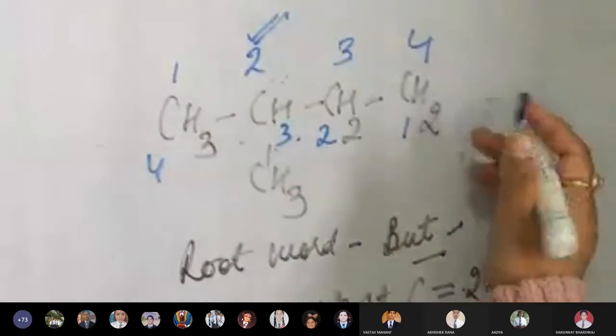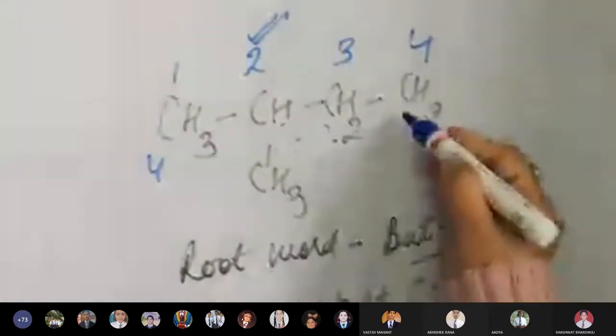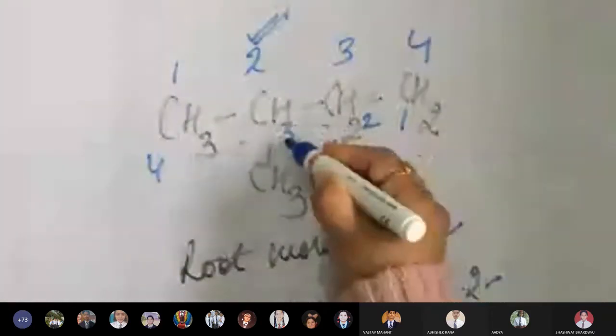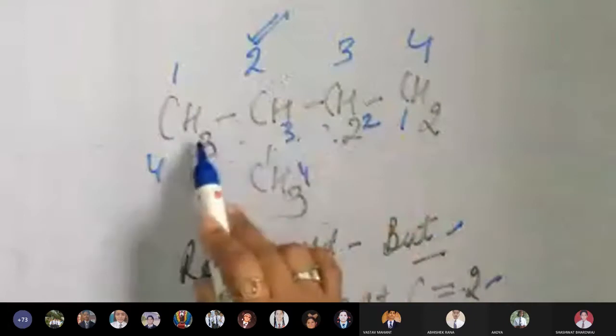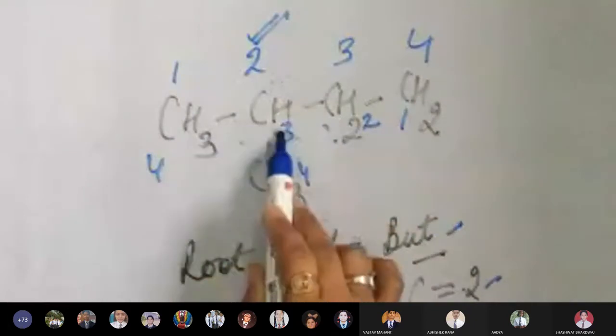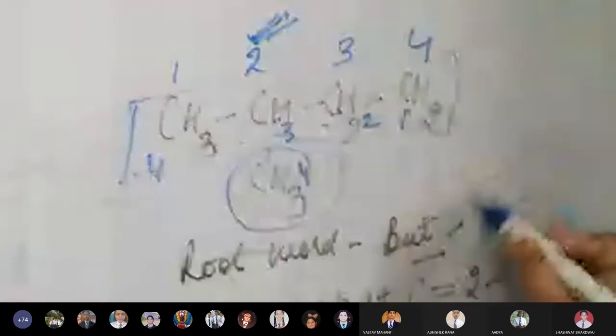Also, I can do it this way. If I flip this one, the opposite one, I have the other version of numbering 1, 2, 3, and 4. Then also the extra group is coming at carbon number 3. So out of all these, this will be correct. Carbon number 2 will have this extra group and 4 carbons are coming in this chain. So this will be your principal chain and the name will be but.